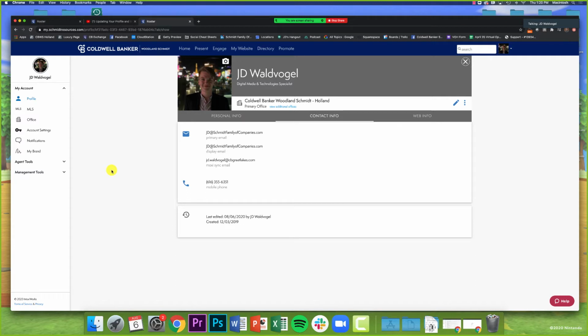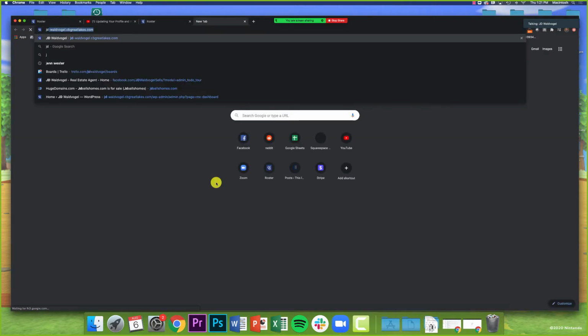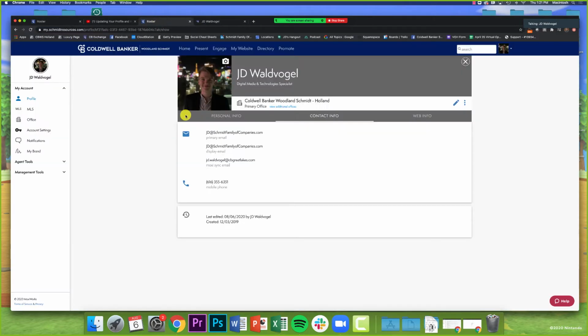Same deal as we talked about earlier. Make sure your primary and your display email are what you want to display on your website. And then, of course, your mobile phone, make sure that's what you want it to display too. Now, the reason why this information is important is, A, this is what we use internally to communicate oftentimes. We'll pull information from Moxie. But B,